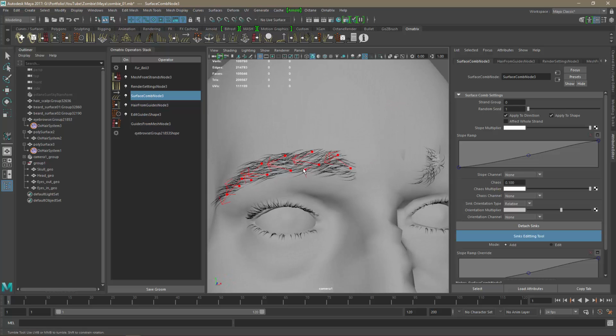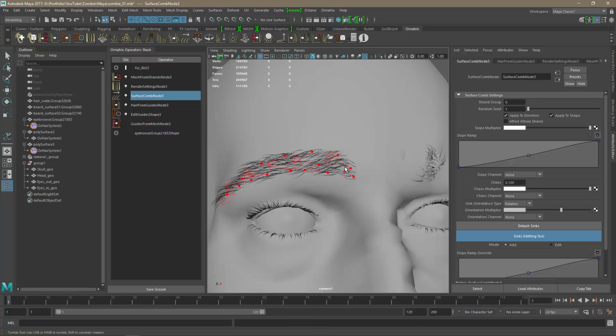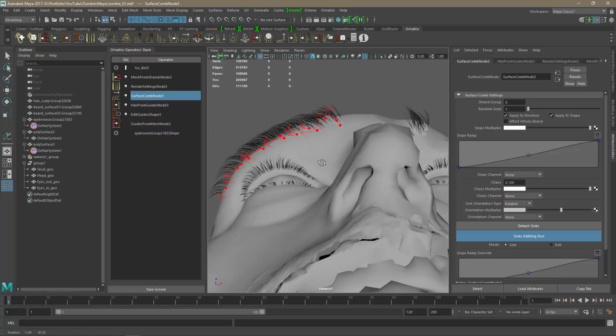Okay. You can add as many sinks as you want. Okay, something like that. It's interesting, but